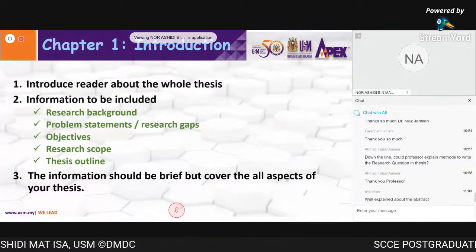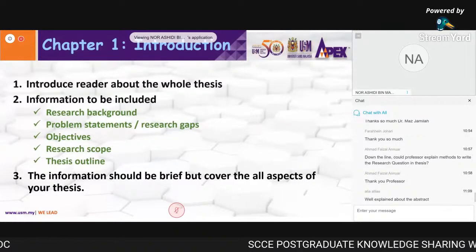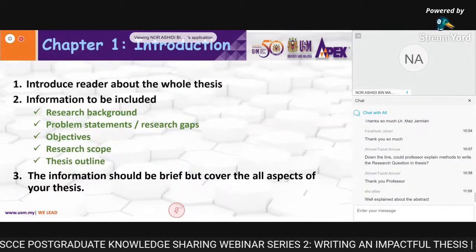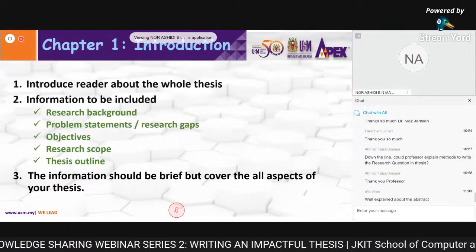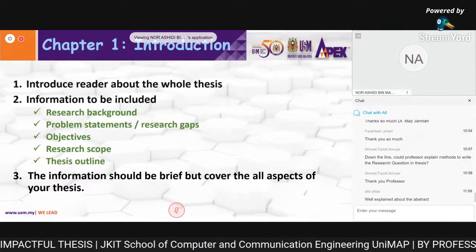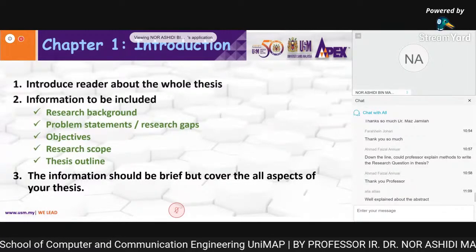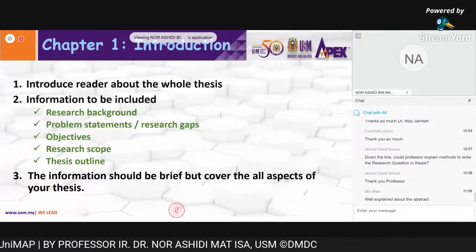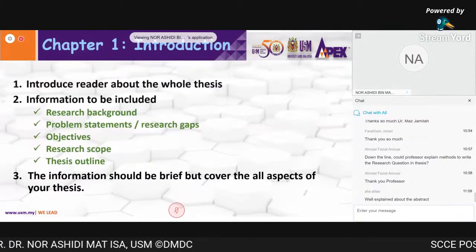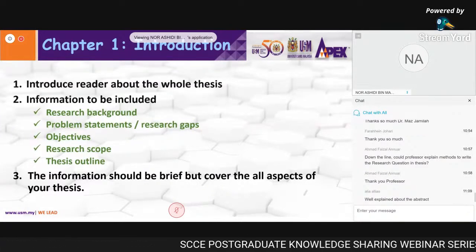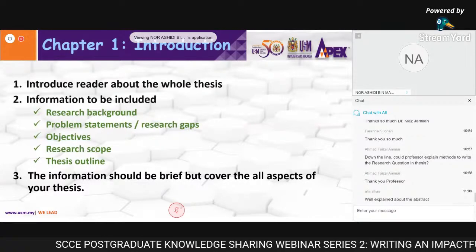You provide all the results, all those analysis and measurement and so on. So basically, this is the main body of your thesis: Chapter 2, Chapter 3, and Chapter 4. They are related. This is very important. These 3 chapters must be thoroughly explained. Then, based on this body, you move back to Chapter 1. Because Chapter 1 is an introduction, you want to relate back to these 3 main body chapters.